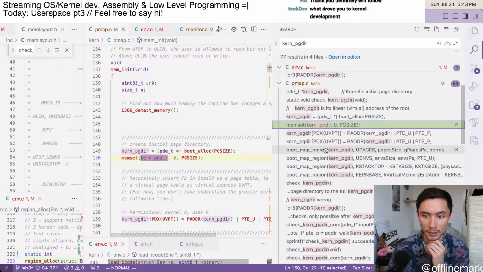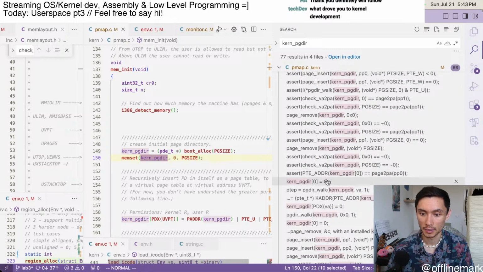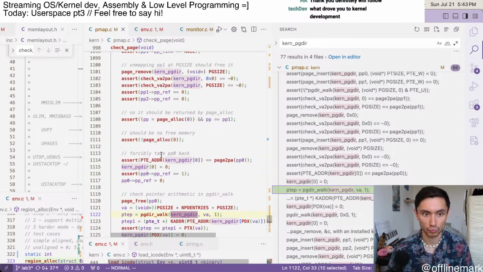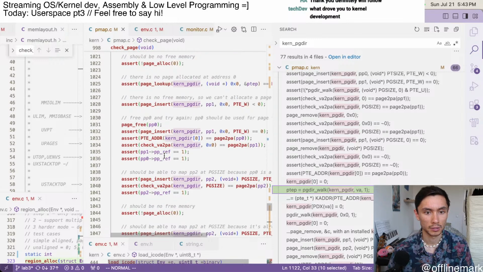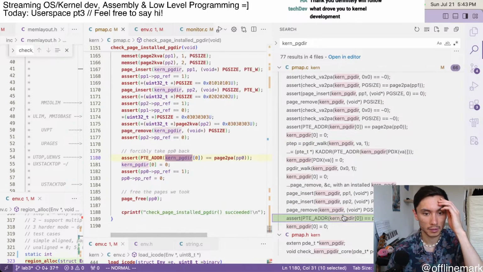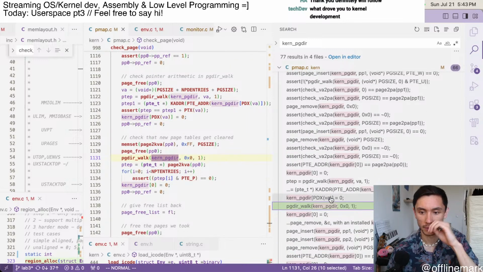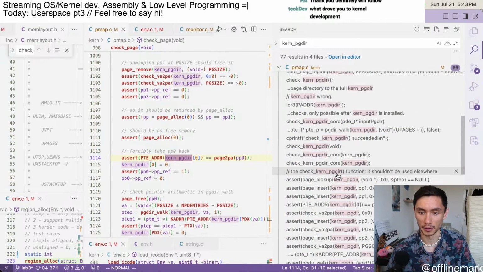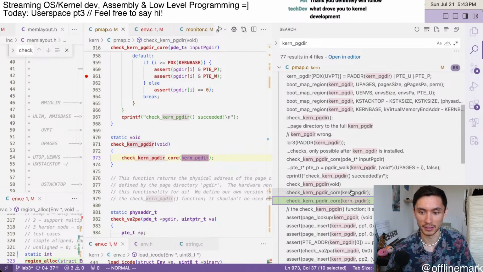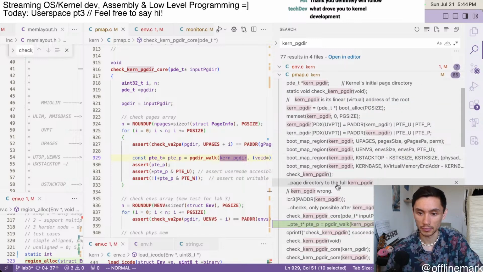No, this is all right. This is right. These are all asserts. Page dir walk. No, that's right. So all tests. Okay, I'm hopeful that that was the last place. But it was again the exact same issue where I accidentally hard-coded the function to only work with the kernel page directory